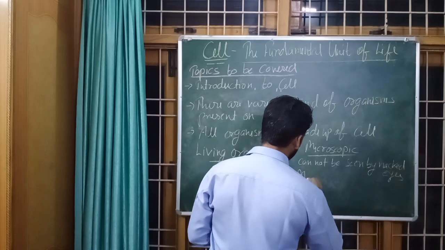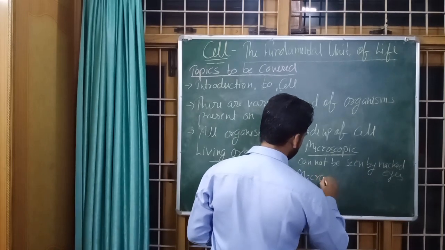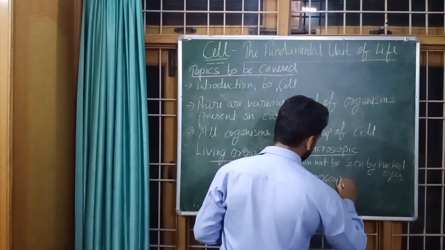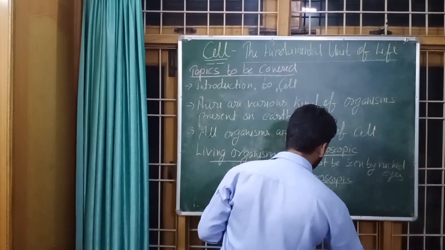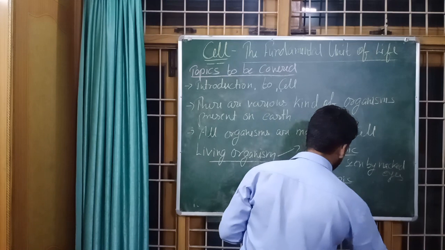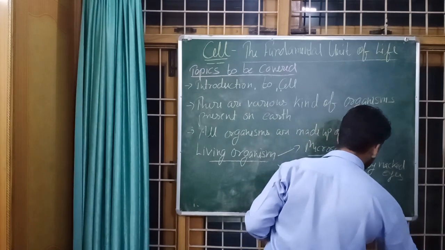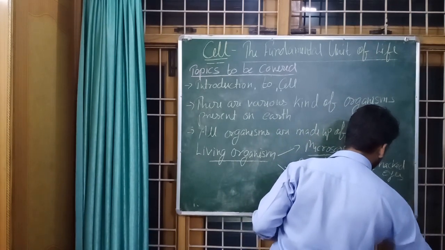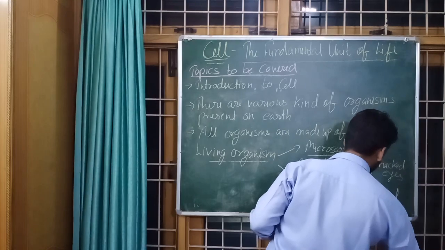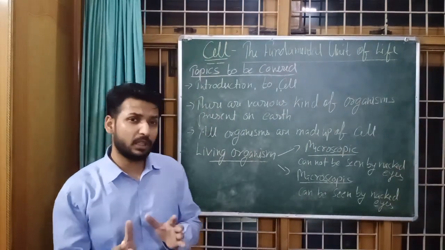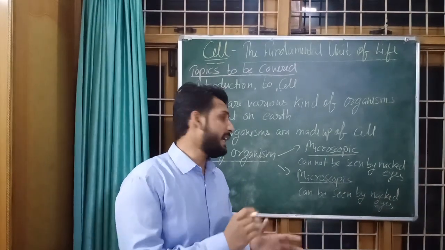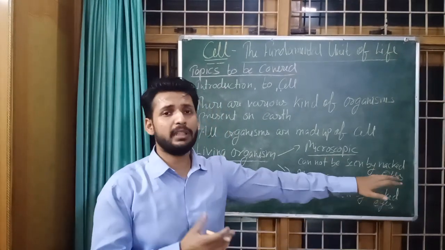Next is macroscopic, which can be seen by naked eyes. So microscopic organisms are the organisms of which size is very small, that we cannot view these by